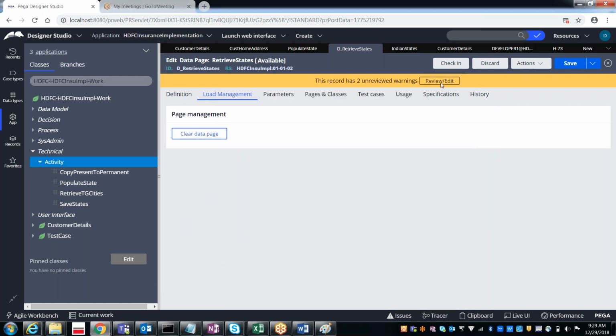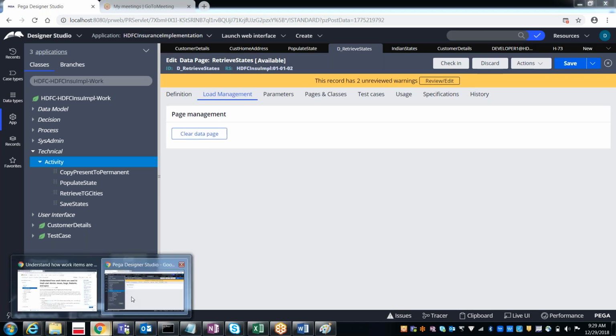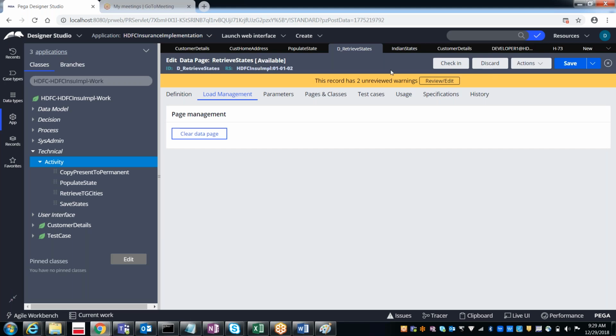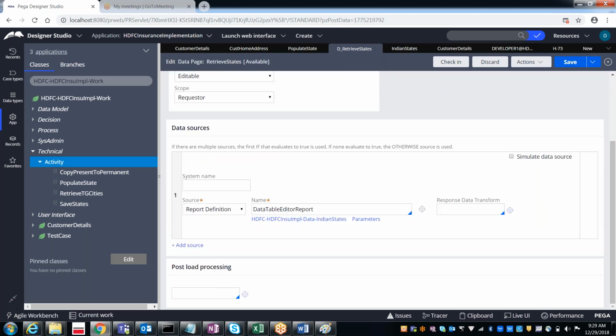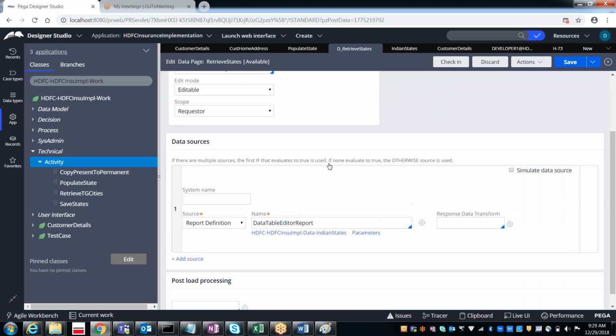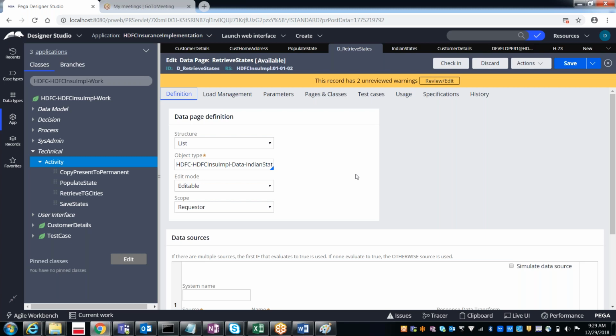Close. Okay. So once again, what I want to do is go to the clipboard and see whether it is existing or not. Why? Because the main purpose of the data page itself is caching. So once it is cached, it will be picking up from there. Actions, run.